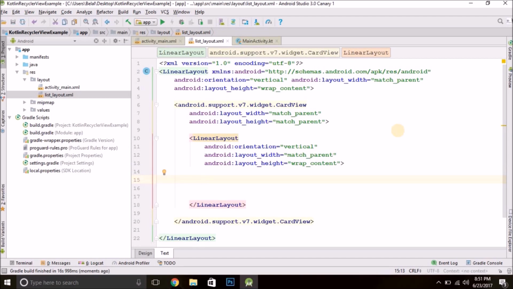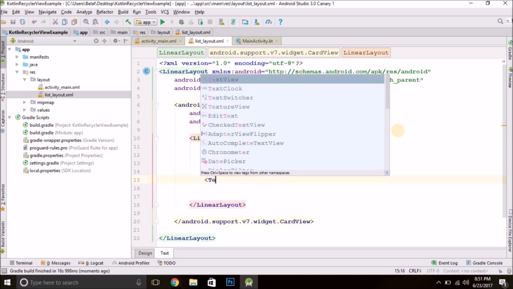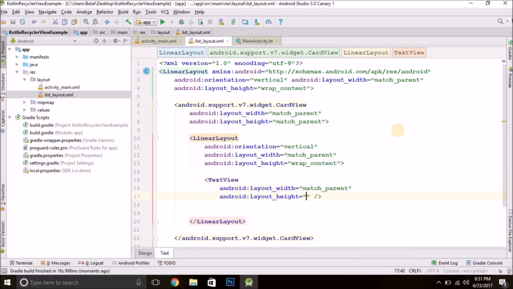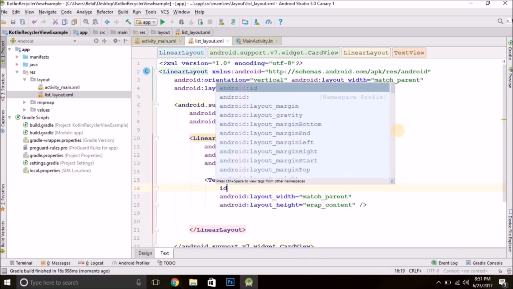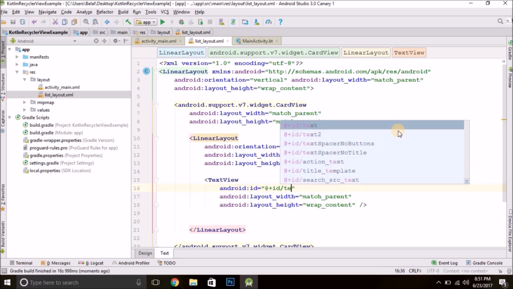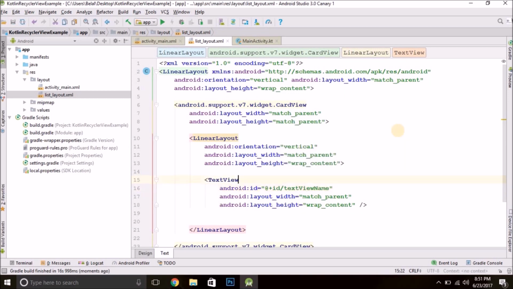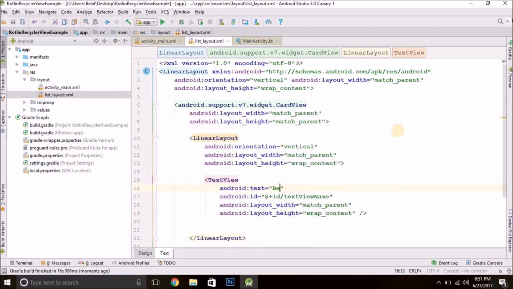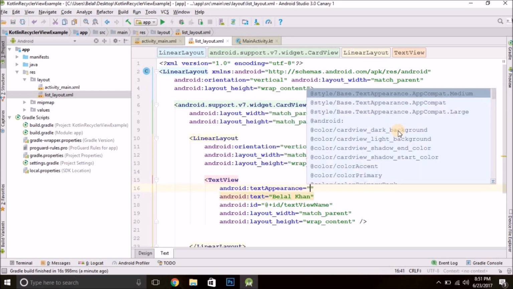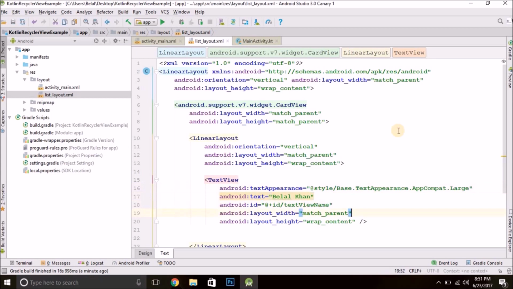As I'm creating a very simple recycler view, we need only two text views for this example. So we have text view, match parent, wrap content, ID, and it would be for name. So this is text view name. Now for text, let's put my name Bilal Khan and the appearance would be large.